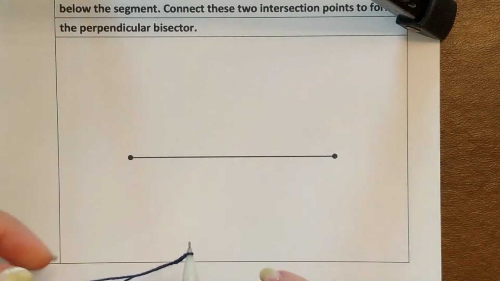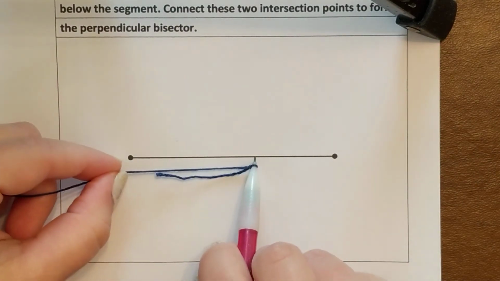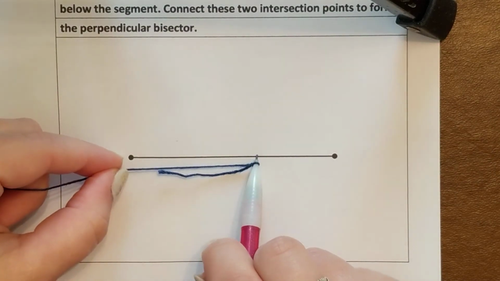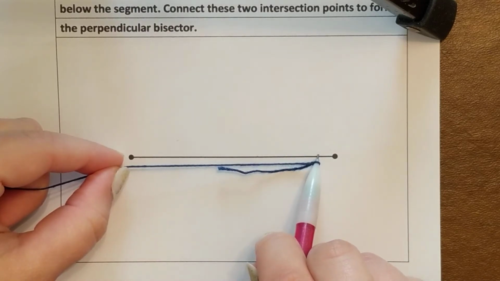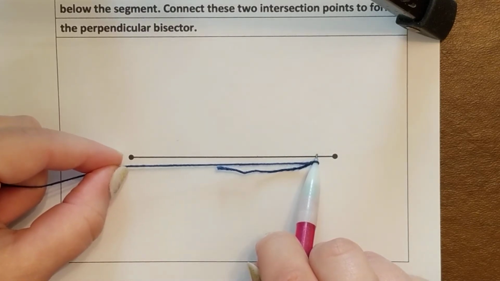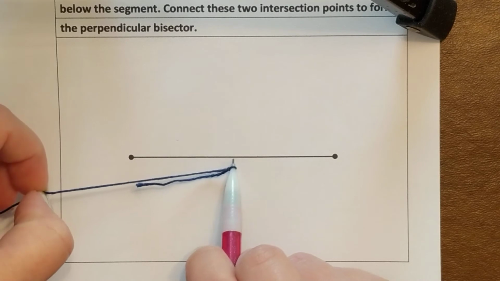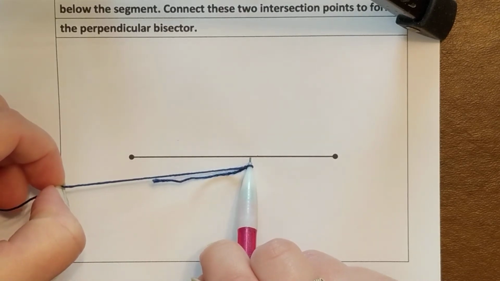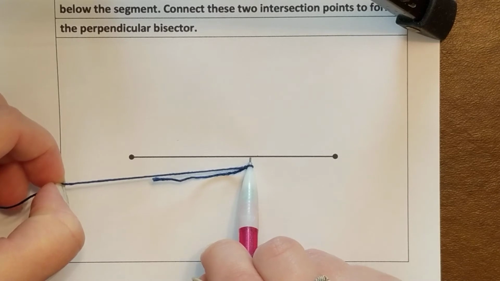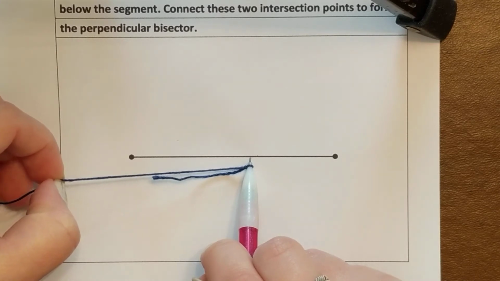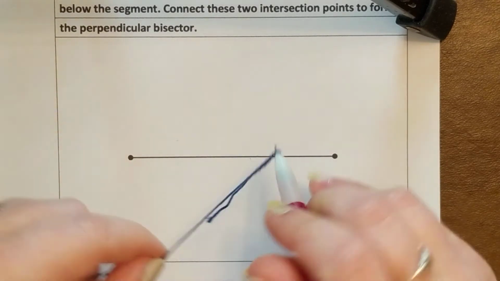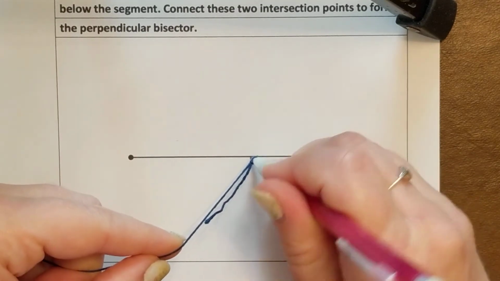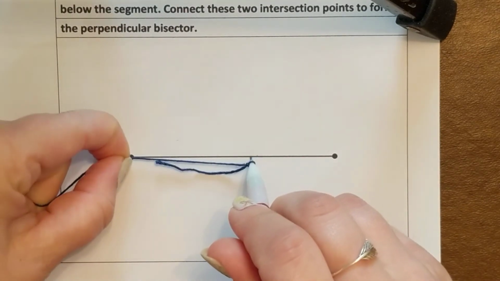So what I'm going to do is just extend my pencil past halfway. It doesn't matter how far past, but you don't want it to be so big that your arcs are going to go off your paper. So I try to estimate about halfway and then maybe a quarter inch farther. You don't want it to be so close that you don't get two points that you estimate the middle too well. Once you've decided on how far away you want to be, again, past halfway, we're going to mark that